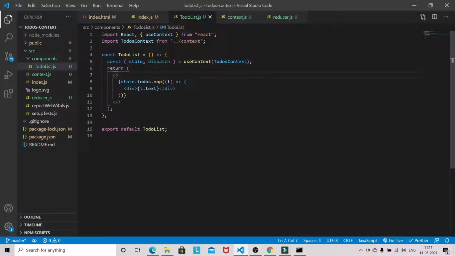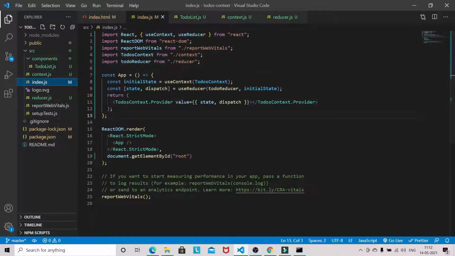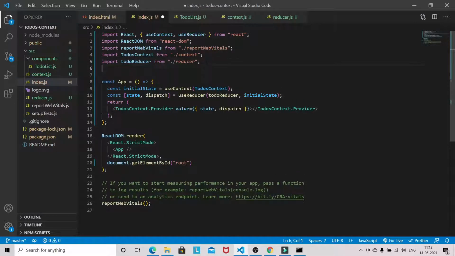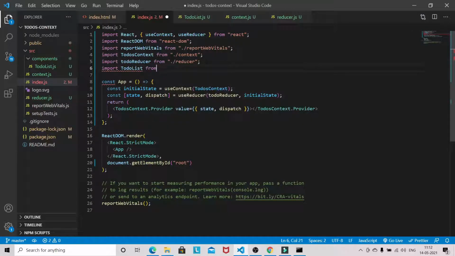Let's see whether we are getting some value. Okay, we need to import this to-do list here. So I'll import to-do list from component.